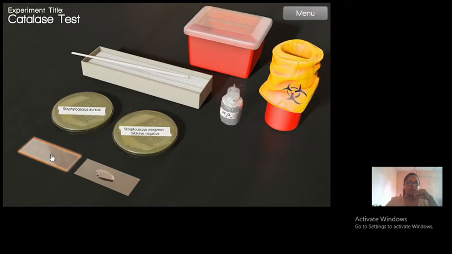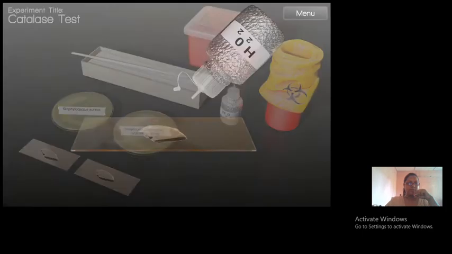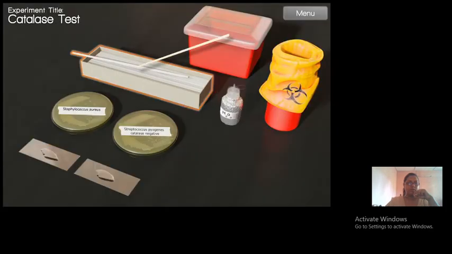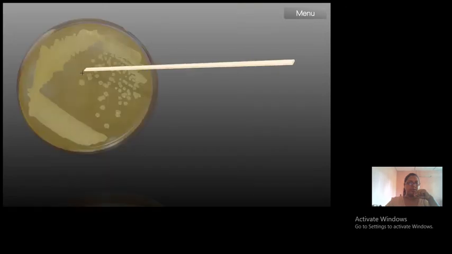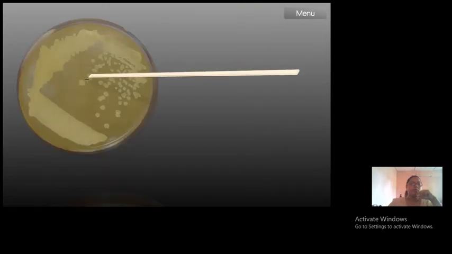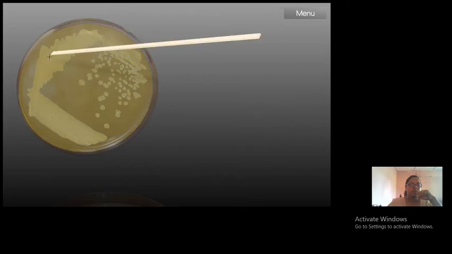Okay. Now we have the second slide. Let's take the reagent on the second slide. Now I'm going to take a wooden stick, and I'm going to take Staphylococcus aureus. Before I pick up a colony, I'm going to tell you never to take the colonies from this part where the colonies are touching each other. Always, this is the area where you have isolated colonies. Pick up the colony from here only.